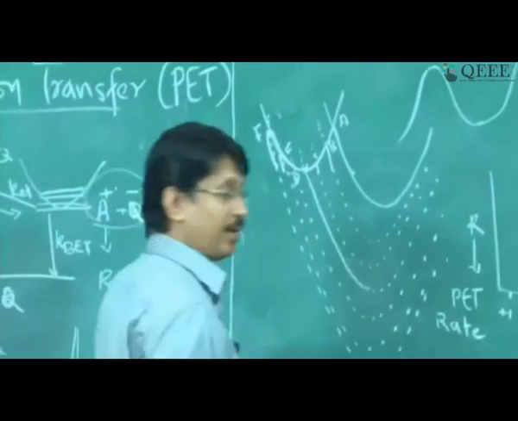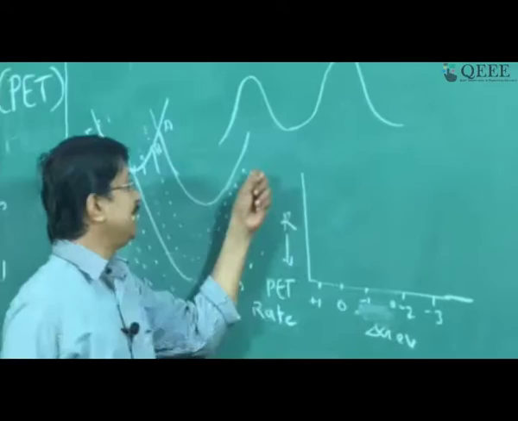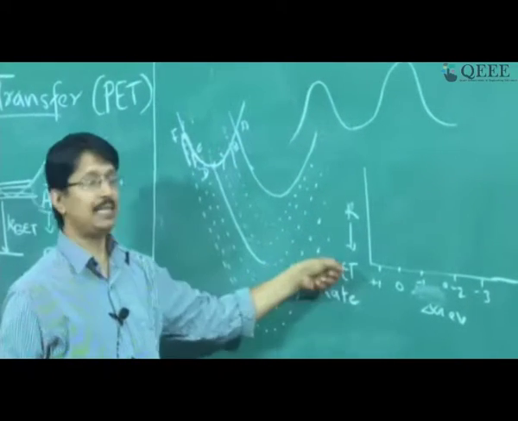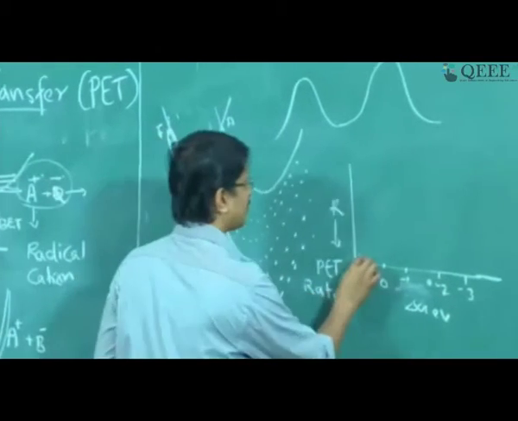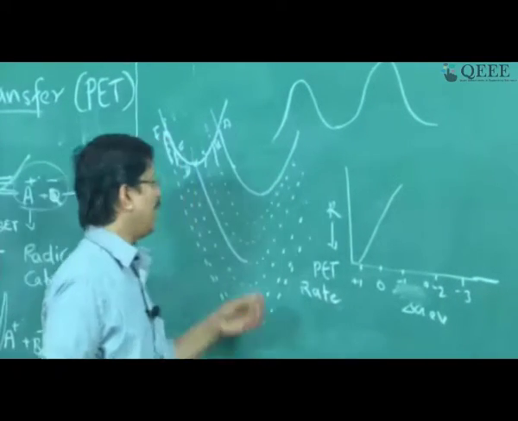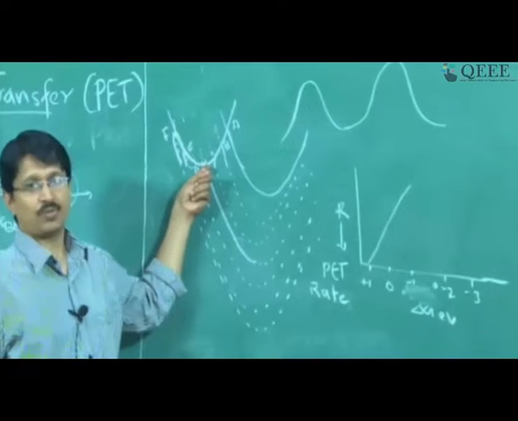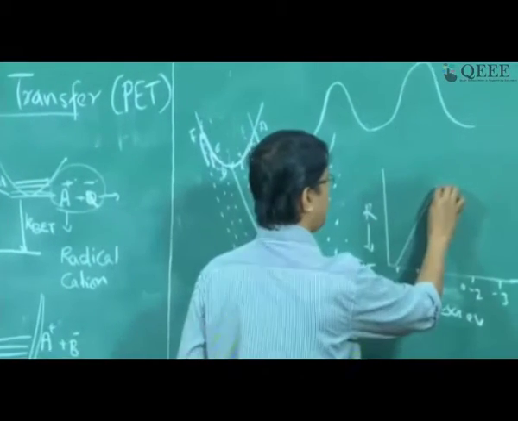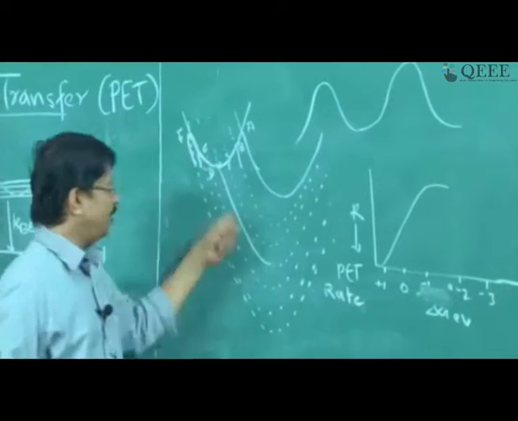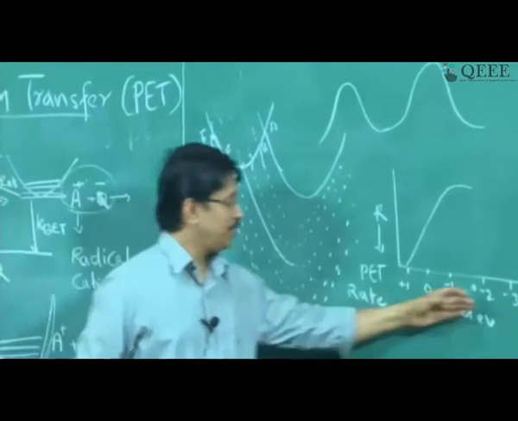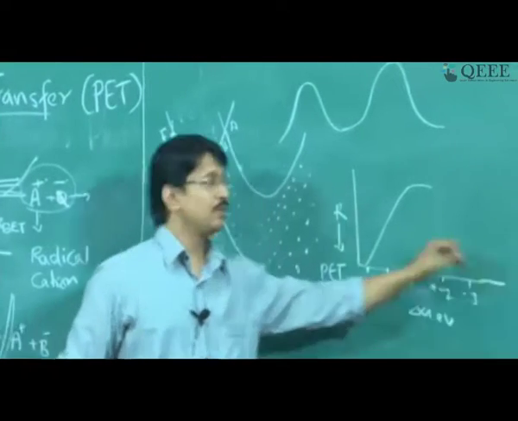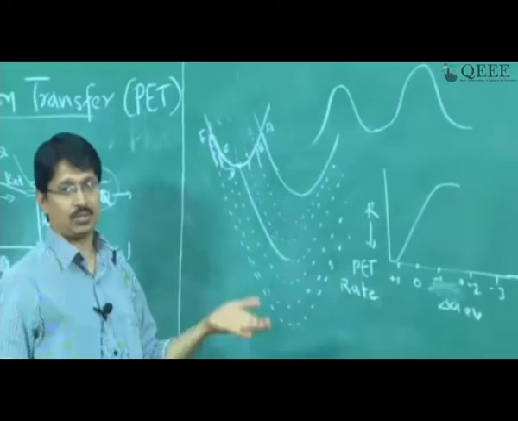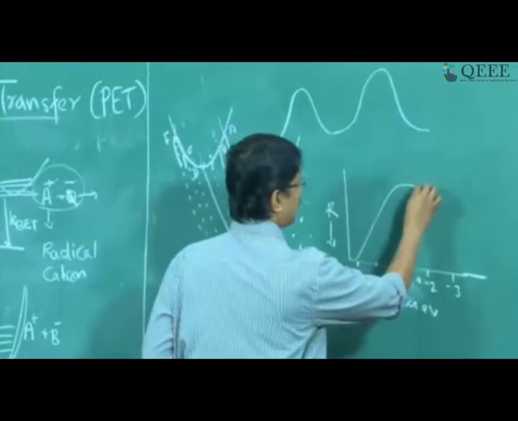So we'll come to the board. As we said initially, the activation energy is decreasing. So what will happen to the rate? The rate will increase. And when it becomes barrierless, the rate will be maximum. So a maximum value. Still you push the delta G to more negative values, but then you are building an activation barrier here. So the rate will decrease.